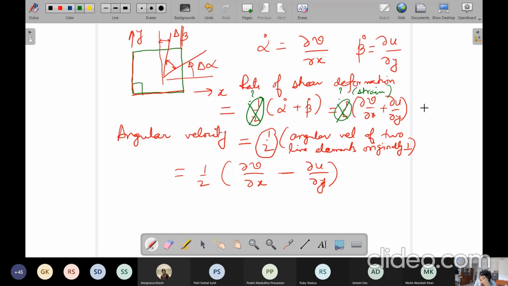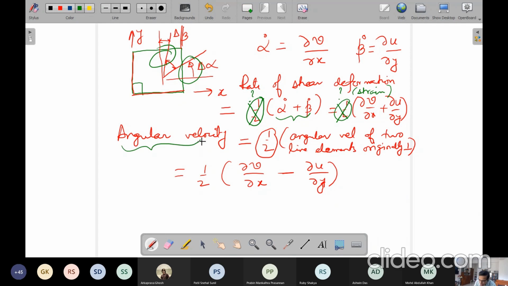So this half factor, whether we will keep or not keep in some description, will depend on, now that we have got a physical concept. See, this half physically doesn't matter. Physically what matters is this one. So we have a deformation, a change in angle here, and a change in angle here, and those are reflected by the change which was originally 90 degrees. Now the change is because of this rate, irrespective of the half factor.